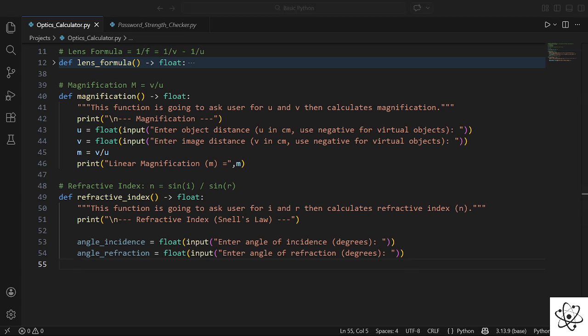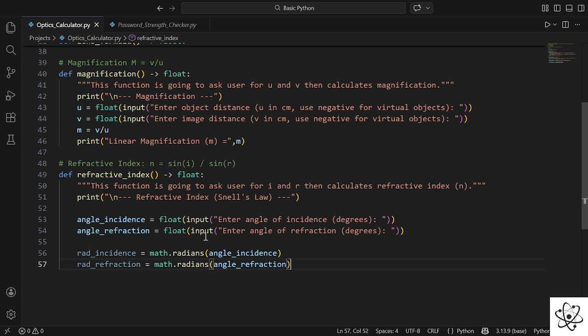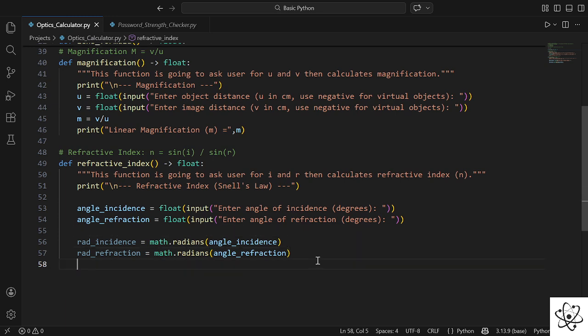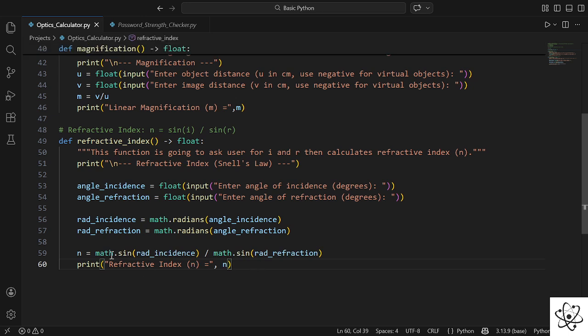Now we are going to calculate the radian angle. Basically, we are taking input as degrees and then converting them into radians. And at last, we are just going to put the formula for Snell's law, which is as simple as that. That means n here represents the refractive index, and then